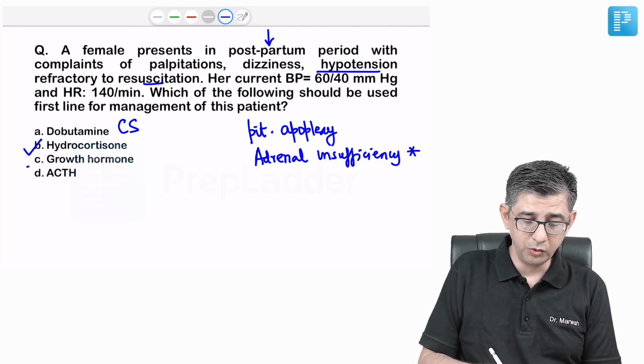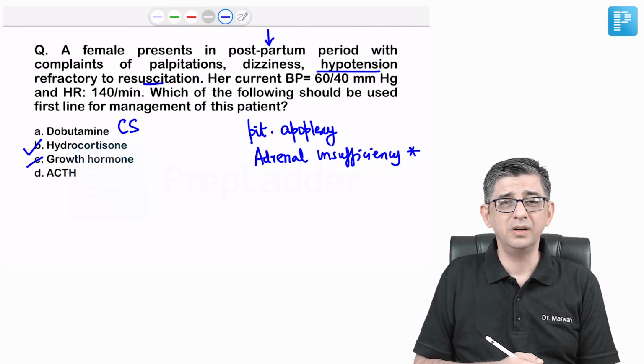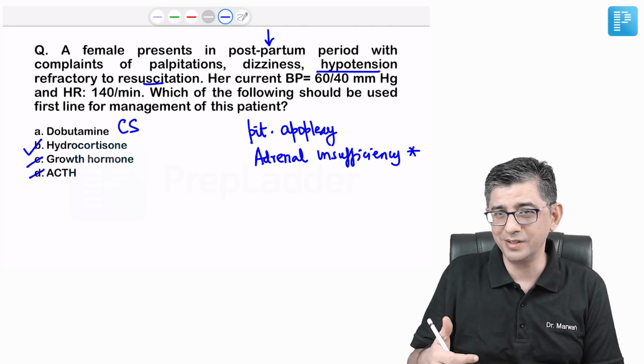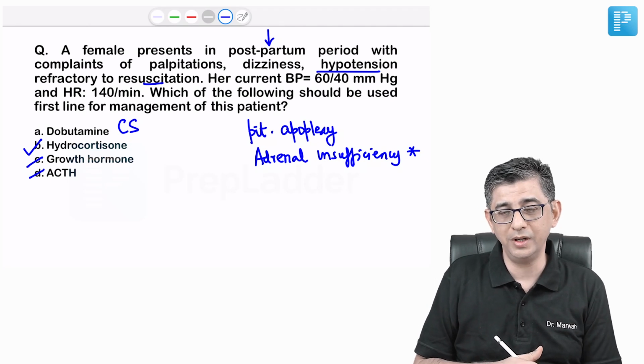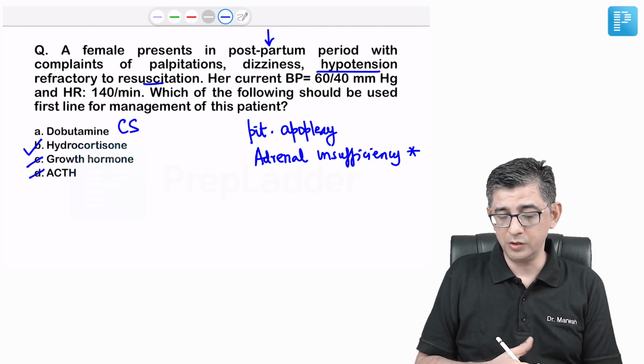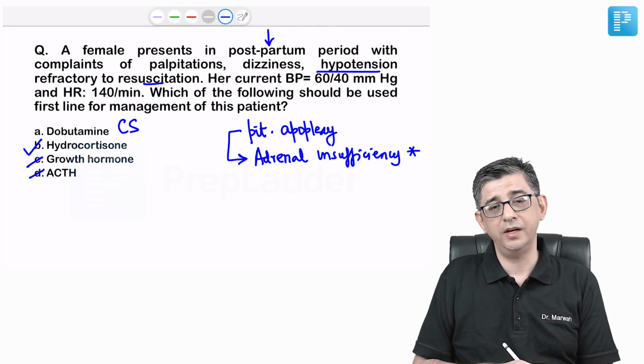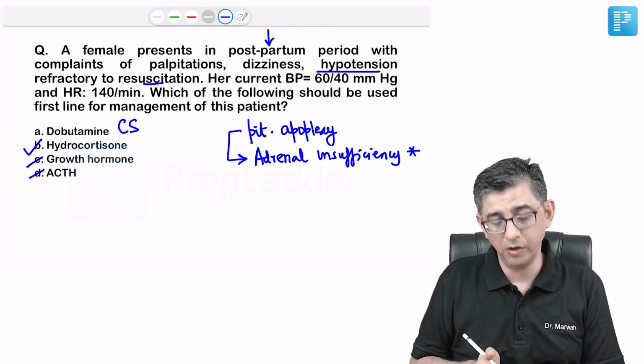Growth hormone is a dummy choice here. ACTH, well, ACTH we do use therapeutically in one condition. That is actually a question that came subsequently, so I'm going to talk about ACTH issues also. But in this particular case, it's a postpartum event, pituitary apoplexy, and then this triggered adrenal insufficiency, for which hydrocortisone